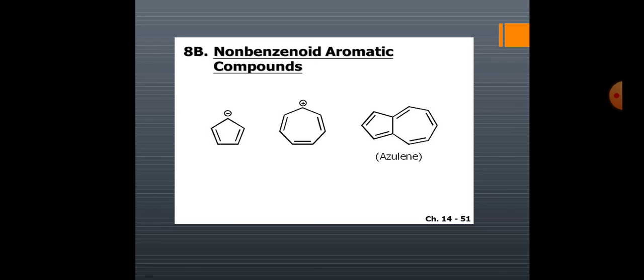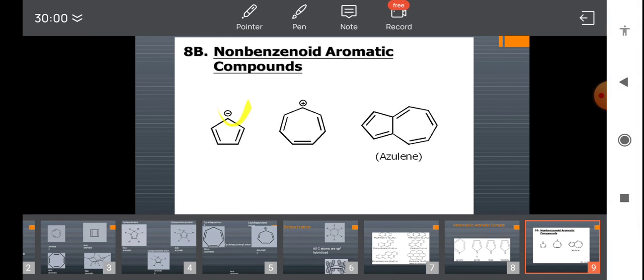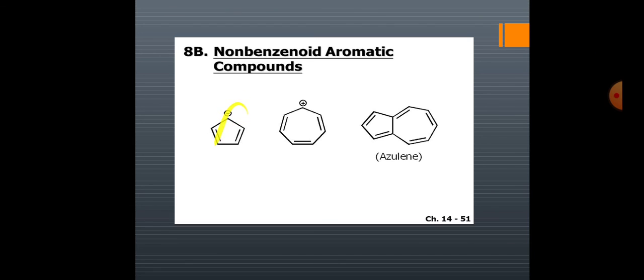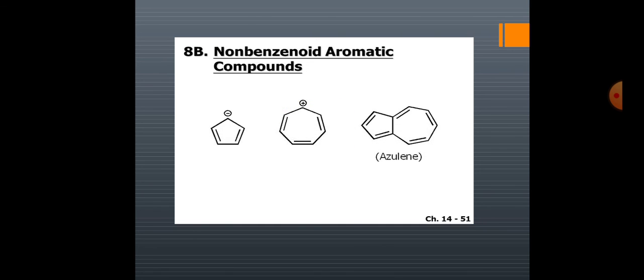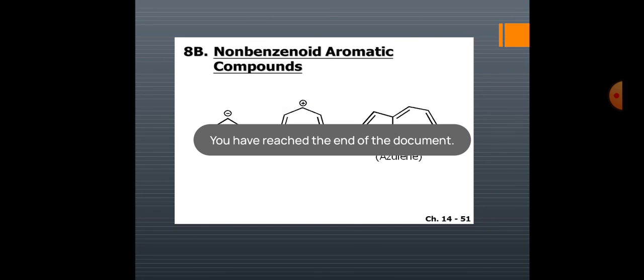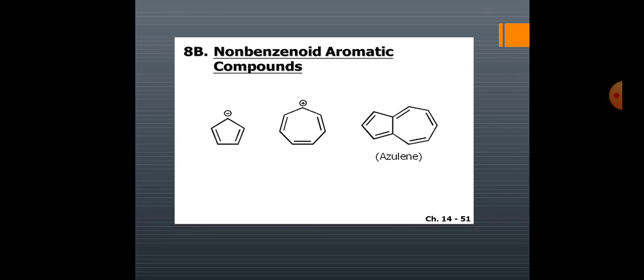The first one is the cyclopentadienyl anion. Here you have a pair of non-bonding electrons, and this non-bonding pair of electrons will undergo delocalization. And here also in cycloheptatriene, the electrons undergo delocalization. So that's all about the